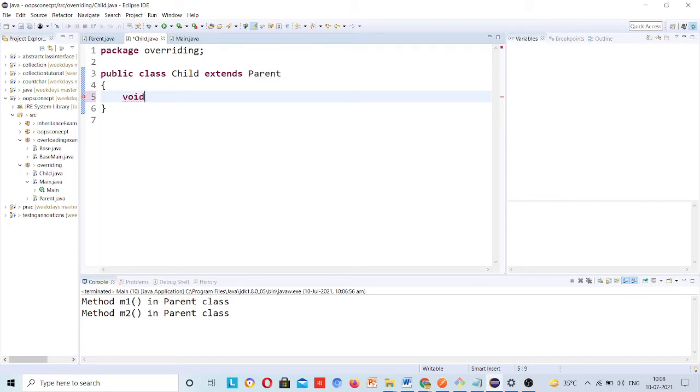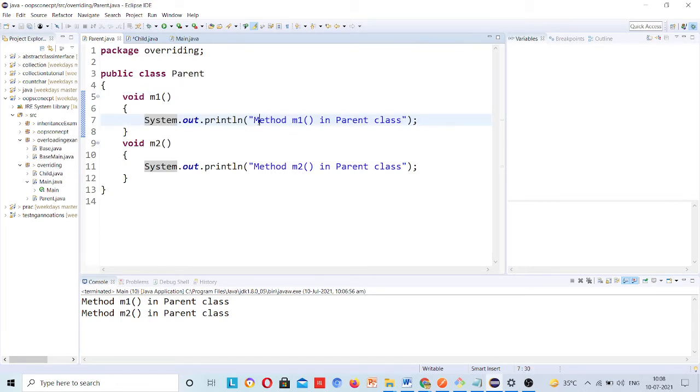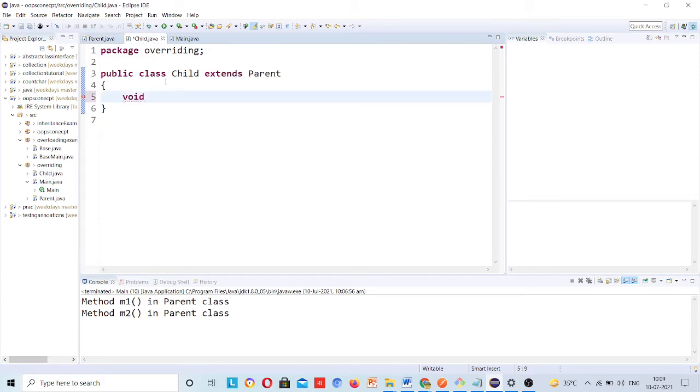So here, void, or you can write here, parent class restricted. Restricted means that the accessibility is restricted. Okay, I have just written it down so that you will be able to match what I am saying.